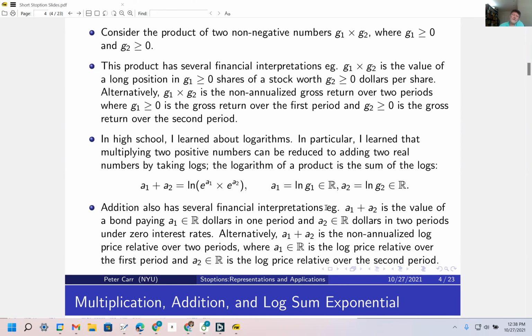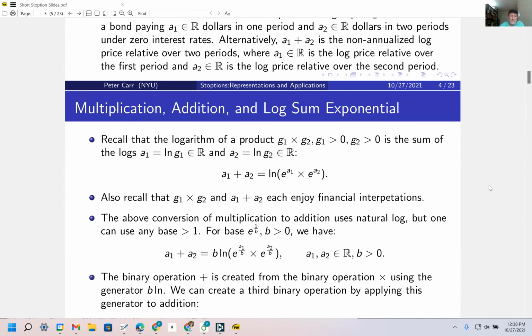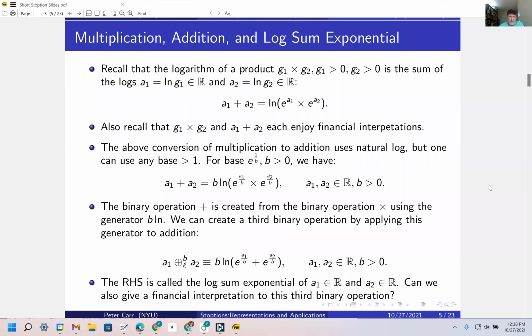A different financial interpretation of A1 plus A2 is that it's the non-annualized log price relative over two periods, where A1 is the log price relative over the first period and A2 is the log price relative over the second period. So we've seen that we can transition from multiplication to addition by taking logs, and that whether we are trying to interpret the multiplication of two numbers or the addition of two numbers, we can provide financial interpretations easily. So I used natural log to do the transition from multiplication to addition, but actually you can use